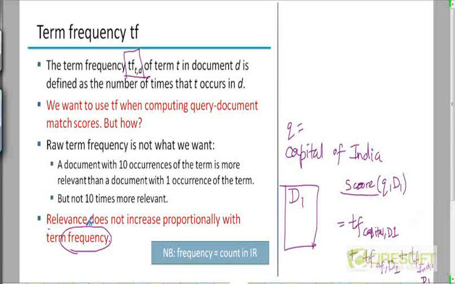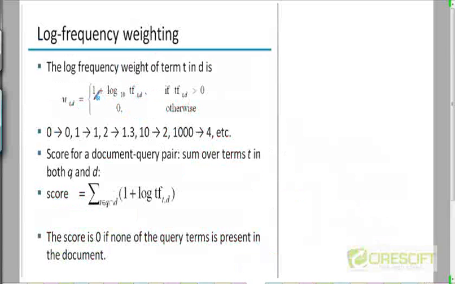But as I just said, relevance is not something that increases proportionally to the term frequency. So if a term appears 10 times in a given document, it's going to contribute a weight of 10, whereas if a term appears just once, it's going to contribute a weight of 1. Now, it's more realistic, and again this is based on empirical experiments, to go with a score where the weight is not exactly the term frequency,